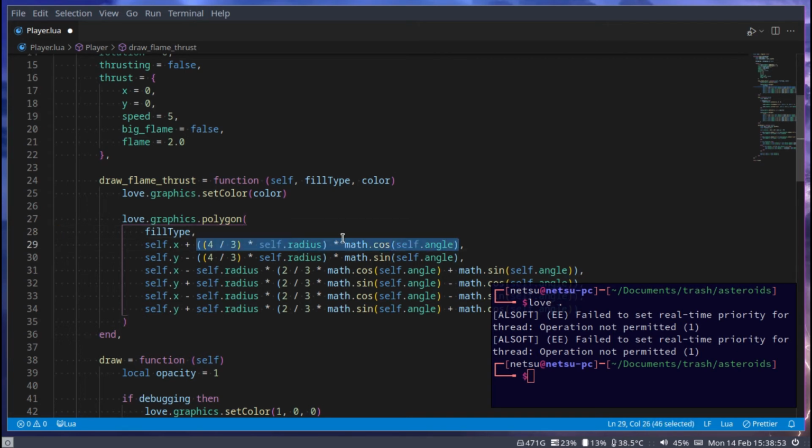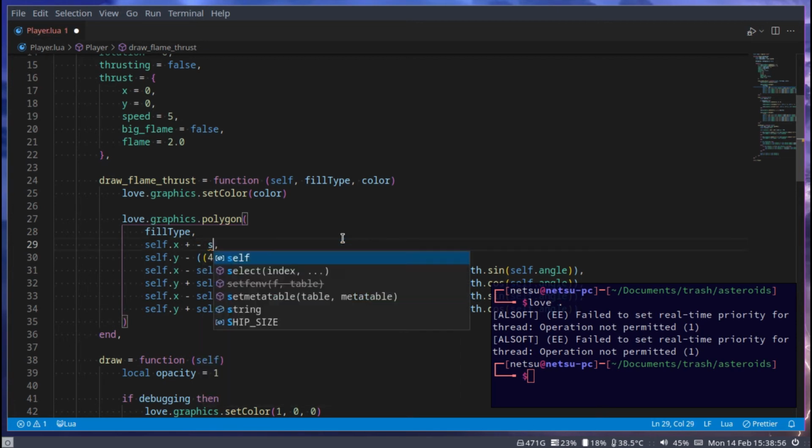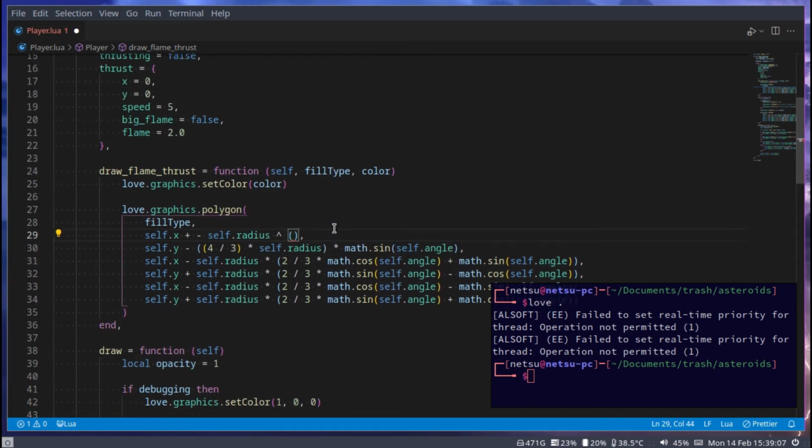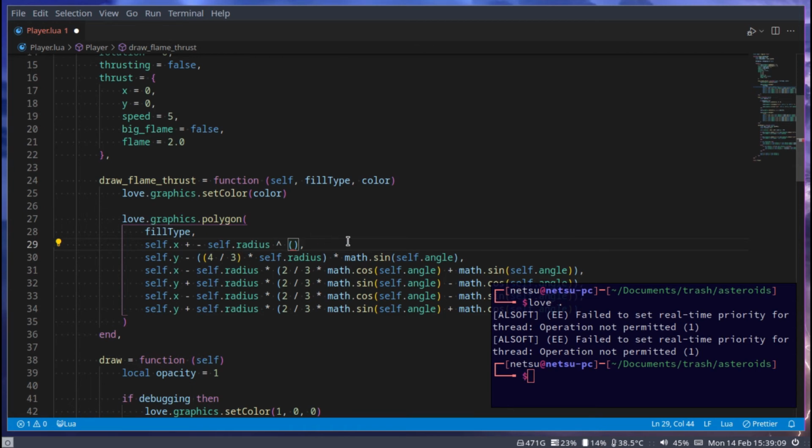So here we can say self.x minus self.radius, because this will have to be an upside down triangle. So self.radius times, and it's basically going to be the same in most regards. So 2 divided by 3, a little bit different, but still relatively the same. Just instead of 4 divided by 3, we're using 2 divided by 3, because now the triangle tip will be at the bottom and not the top. So we say 2 divided by 3